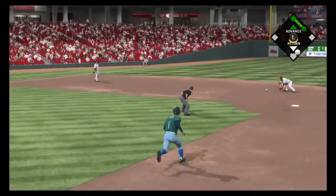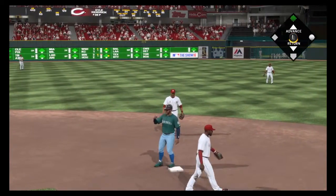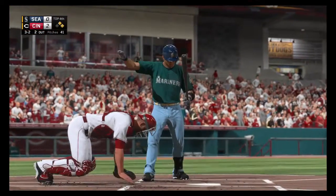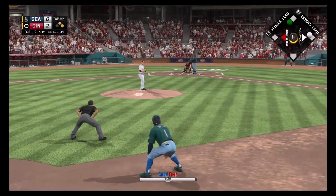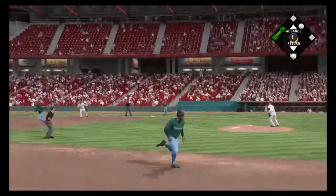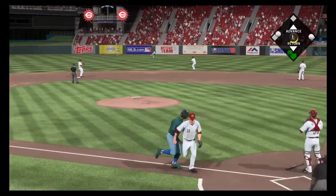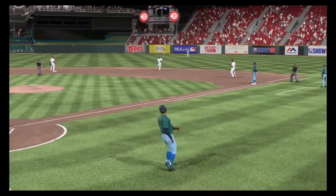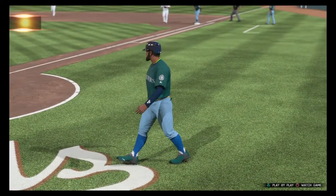Hit to short. Oh, and it eats him up a bit. The batter, Jesus Montero gets a shot here with 2 on and 2 out here in the 4th. And a big 2-out at-bat right here. You know, it's still early in this game, but you don't want to have to look back. This ball gets down. Let's see if they try to score. And the run is in to score from second. Well, the offense for these guys is...